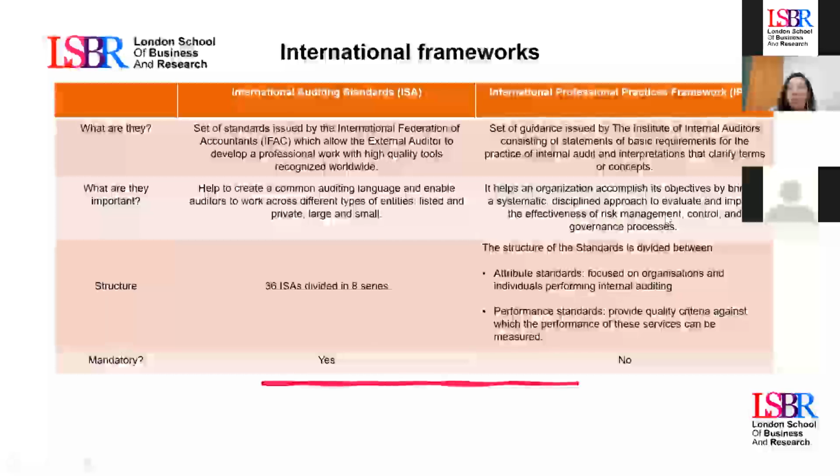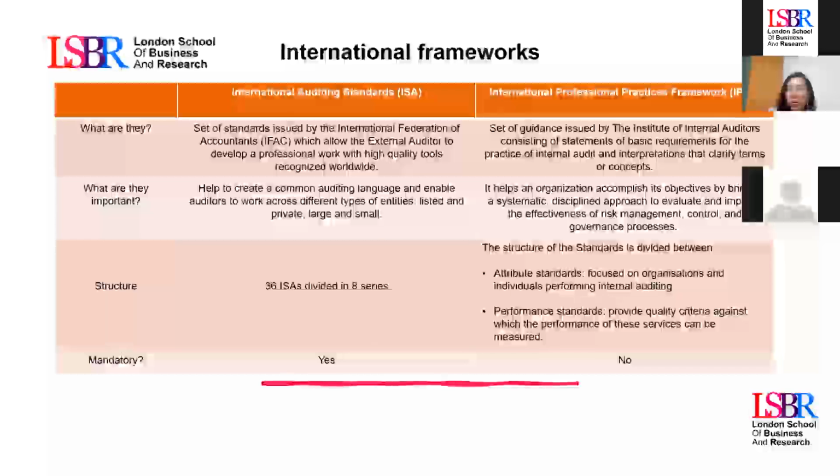And they are important because the internal auditors could use this framework, the International Professional Practices Framework, as a guide to apply an internal audit, even when this framework is not mandatory. And in terms of the structure, it is kind of different from the ISAs, because the International Professional Practices Framework is divided in 2 main sections.